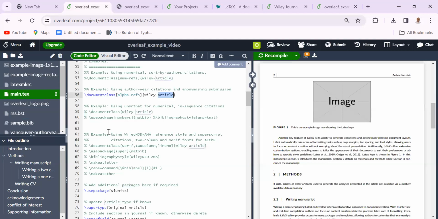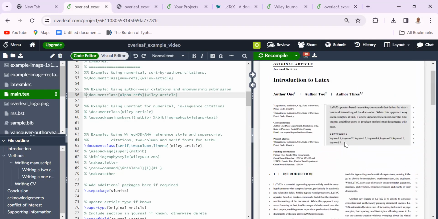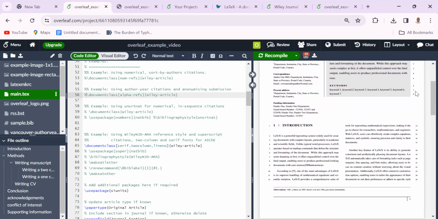And if you wanted to change, for instance, make this article to be in 2 columns, there's a section that you can change. So you can uncomment this line, you can see here, and then comment this first line, okay? So when you compile this, we are going to see that it's going to exist in 2 columns. So let's see. You can see our document now is in 2 columns, and you can see something here,